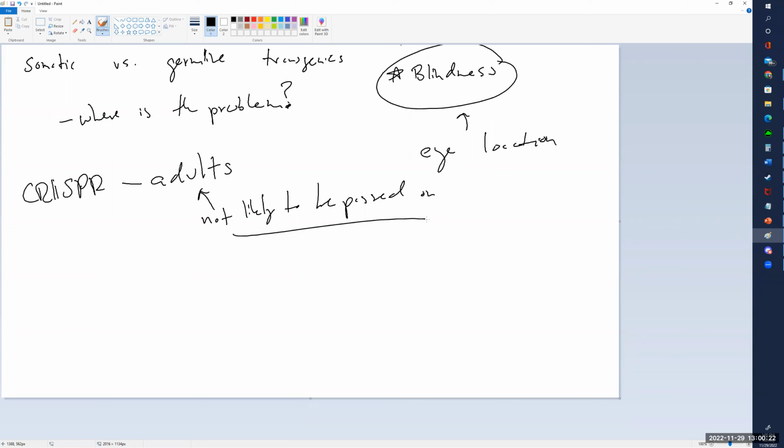It runs into a problem when you start making edits to embryos. So when you have a developing blastocyst, for example, and you're testing this blastocyst because you're going to do IVF and you fertilize this embryo and you want to see whether or not it has this